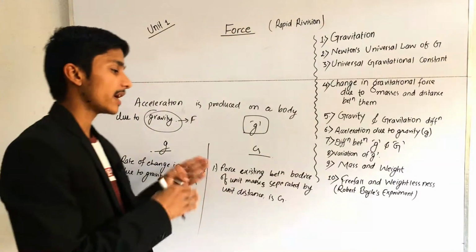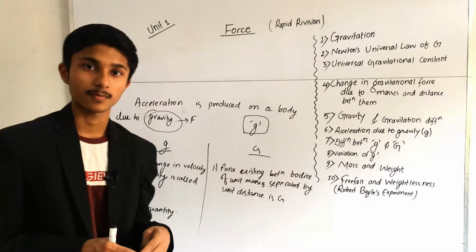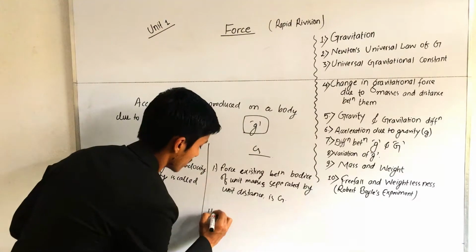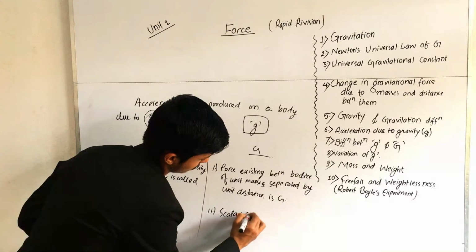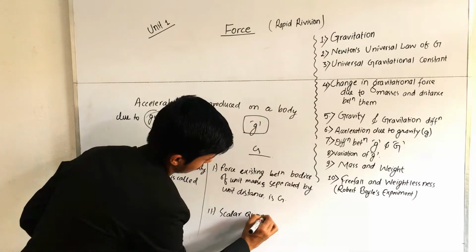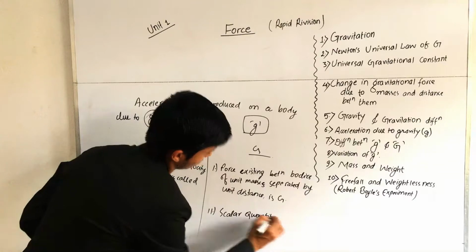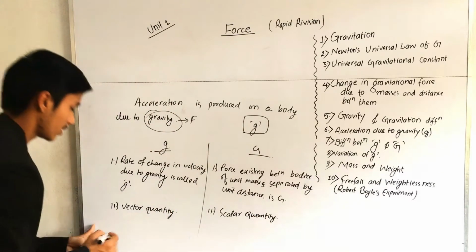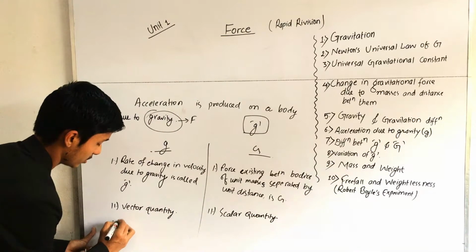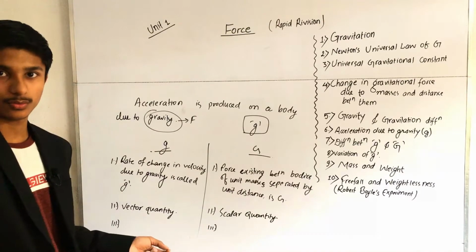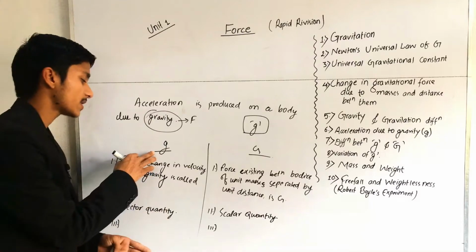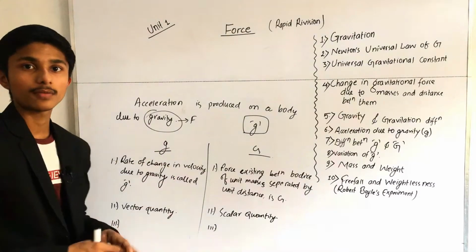It means its value does not get changed. That is, we write it is a scalar quantity. And in the third point we can write its value. The value of acceleration due to gravity of Earth is